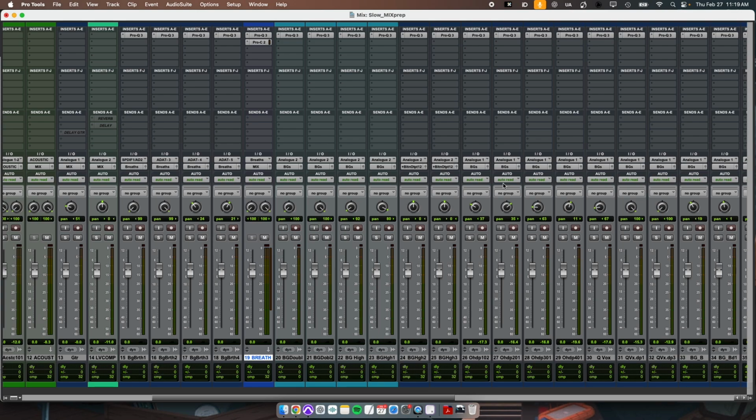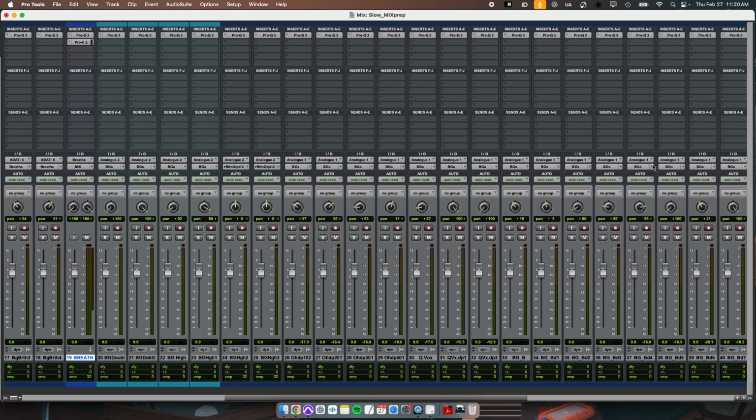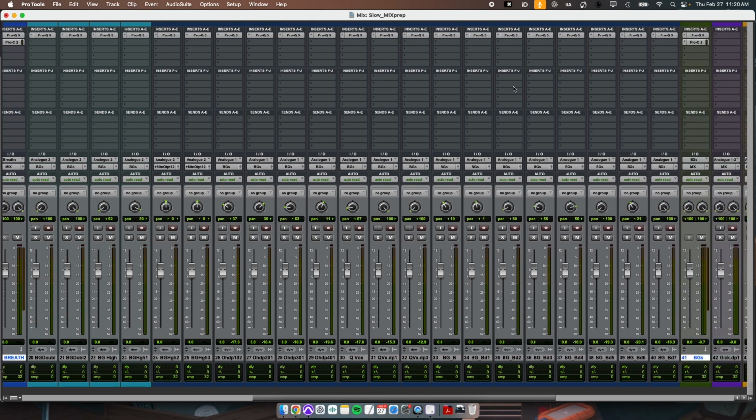So I'll go ahead and do that for a couple of these other ones, but I feel like I might just end up leaving those and working on them as I go. That way I can really definitely hear this from a fresh perspective. I'll probably keep it simple for now because if I start putting more plugins on here, I might end up using those when, during the mix, I actually want a different plugin, and I'm not too sure what I want yet. So there's a bit of exploring that needs to happen, and I don't want to have to take plugins off just to put other ones on. So I'm just going to keep it mostly blank for now, but I definitely know I'm going to do cleanup on a lot of these background vocal tracks